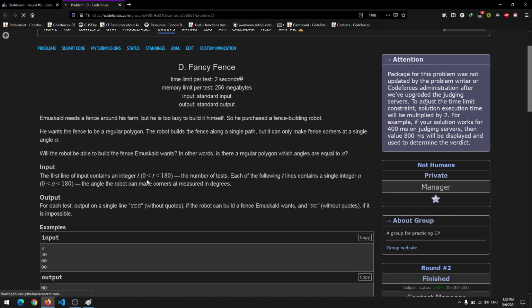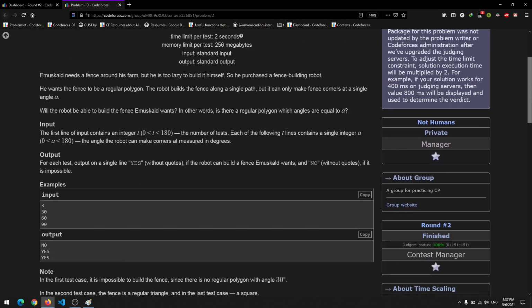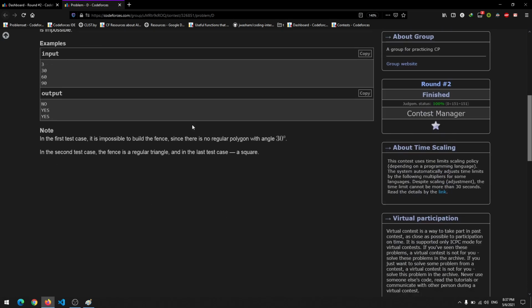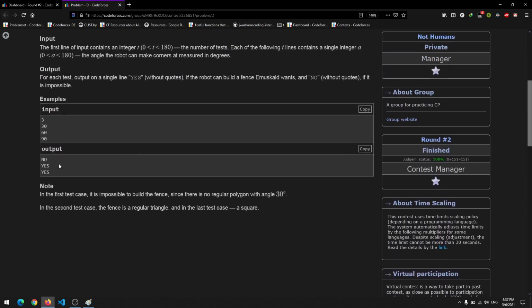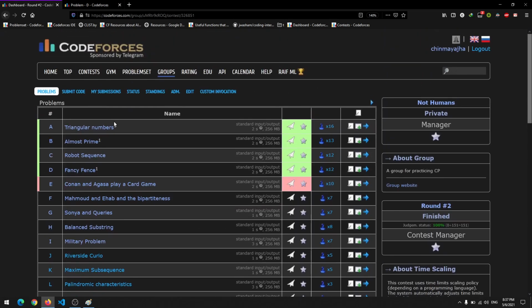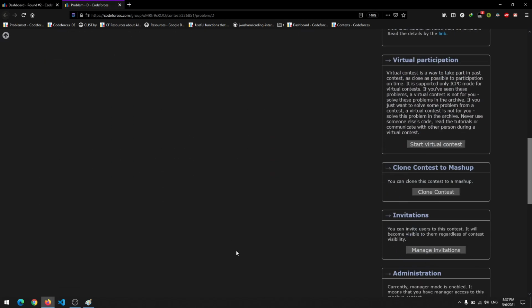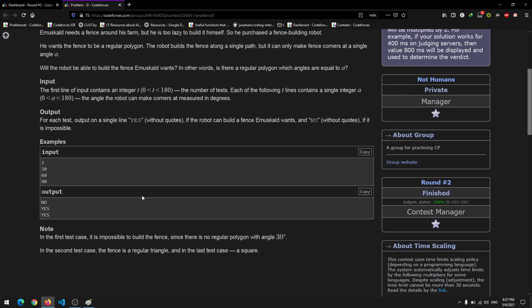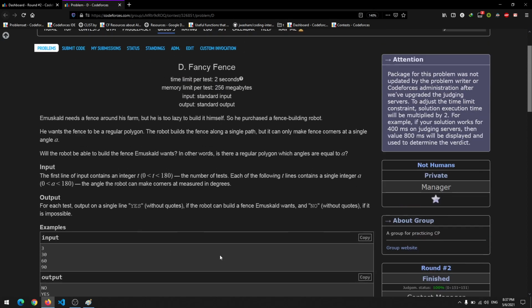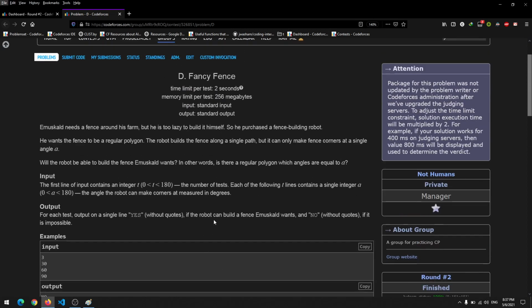Fancy Fence. This one was great. I actually haven't seen the editorial for this one yet. I did not see the editorial for these three, these four, whatever, but after I solved them, I saw the editorial to see what they actually did. But for this one, I haven't seen the main editorial yet, so I am not sure what the correct solution would look like. But what I have done is